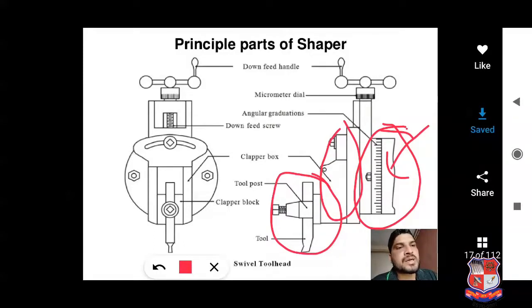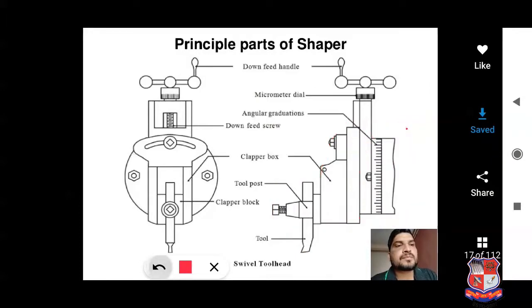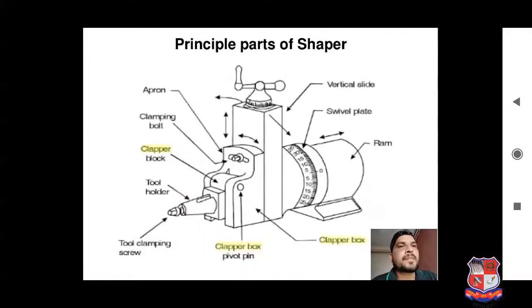This clapper box can be lifted during the return stroke. This is a more visible picture of the clapper box.